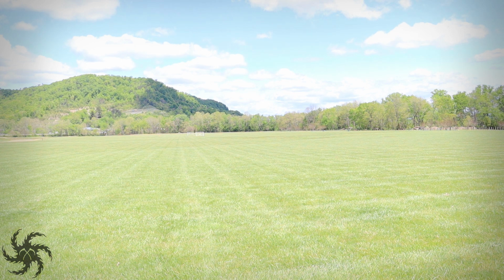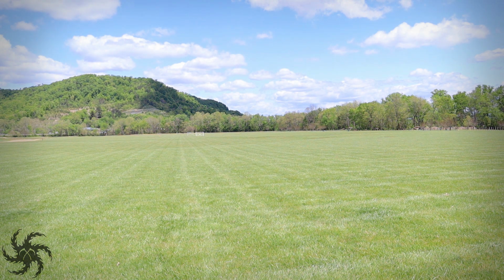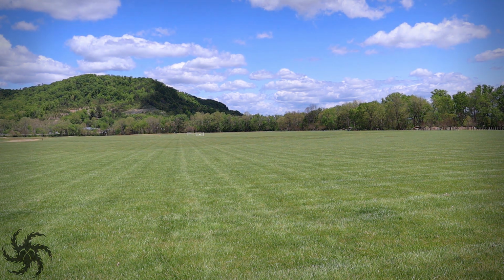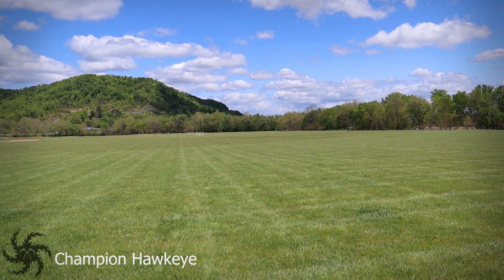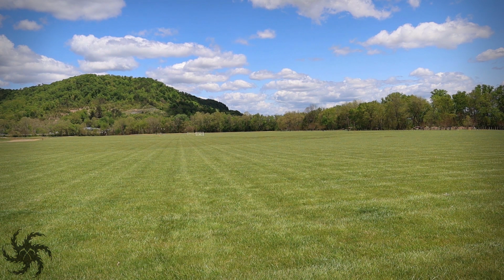Alright, so the long distance roller is truly an art form. You've got to have perfect conditions and the perfect ground. And unfortunately, like I said, this grass is really, really thick, so it slows the disc down a lot. But in order just to show you, I'll be able to at least rip some good ones. Now the first two are slower speed discs. The Hawkeye is a 7-speed, the Valkyrie is a 9-speed,